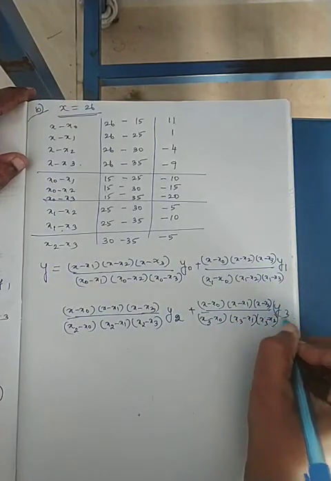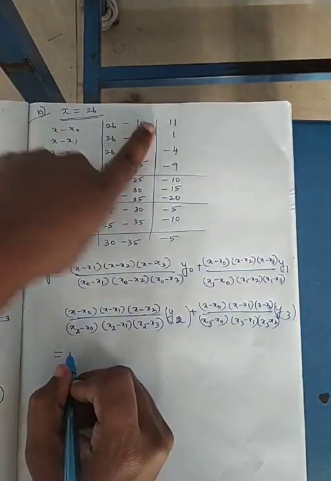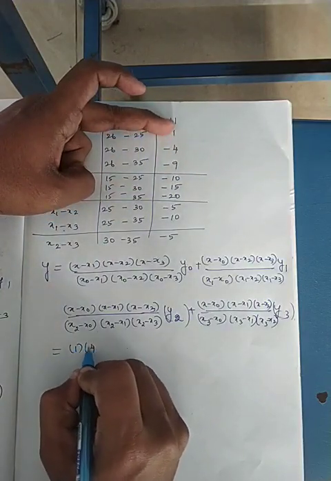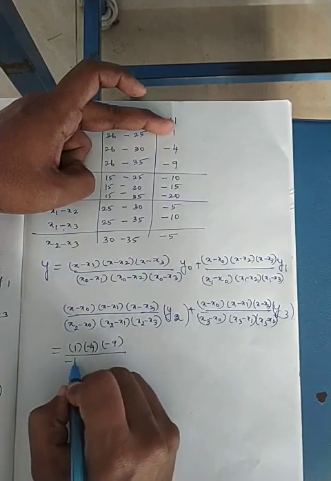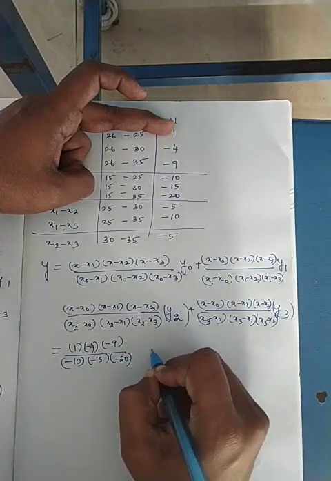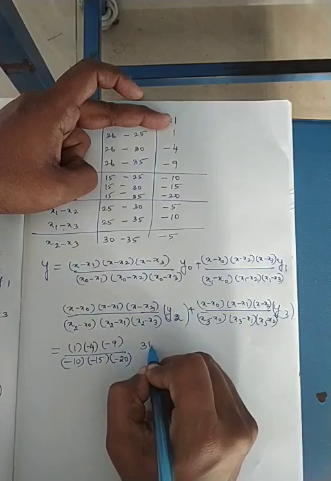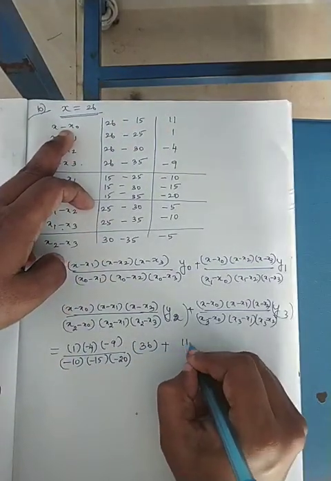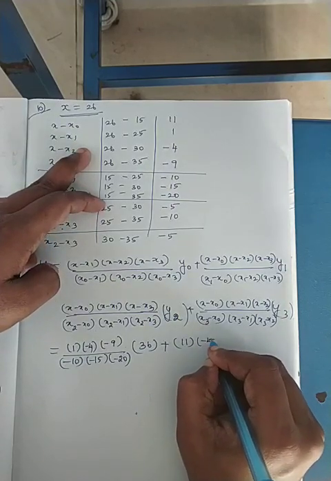Okay, with this we have to substitute. What is this? First one, x naught, we have to find. So 1 into 4 minus 4 into minus 9 divided by minus 10 into minus 15 into minus 20. The y naught value is 36. Plus, what is x minus x naught? Numerator alone we can fill. This is minus 4